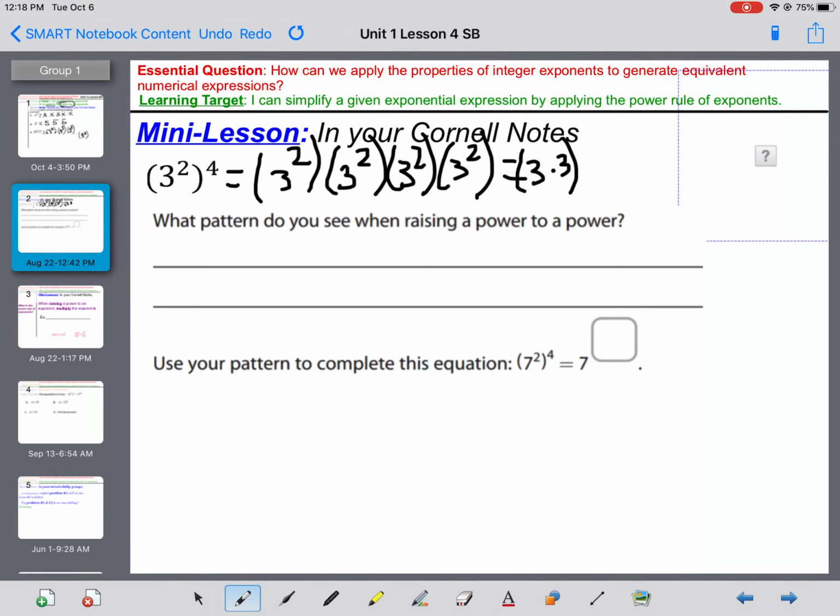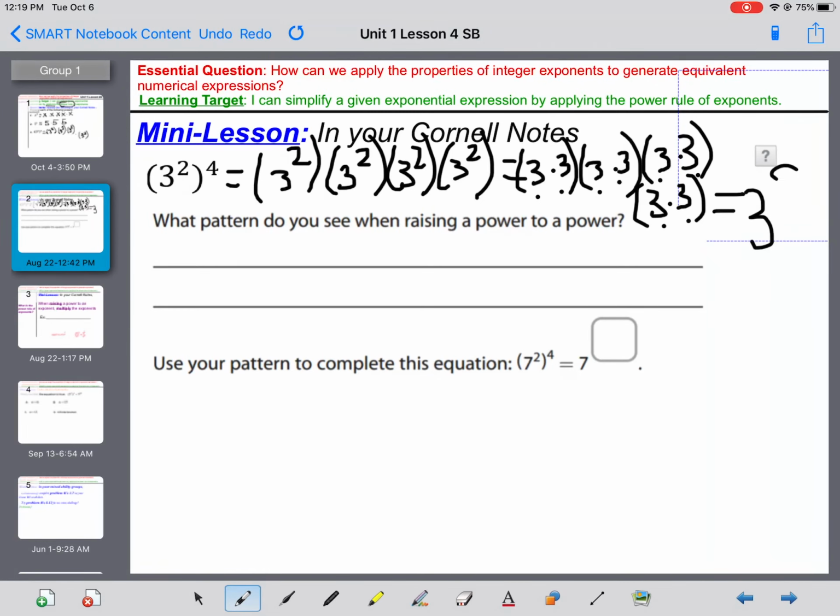So there's 1 parentheses, 2, 3. Those are the 4 sets of parentheses. All right, and in the end, our final answer is that there are 1, 2, 3, 4, 5, 6, 7, 8 3s, so that means 3 raised to the 8th power